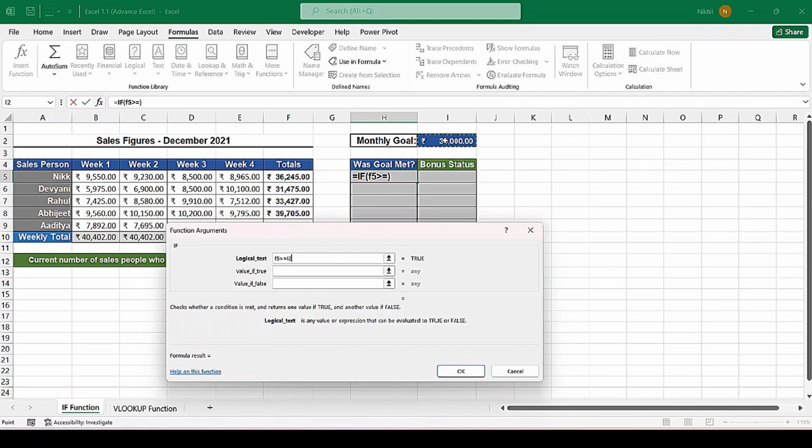I2 means the monthly goal. But keep one thing in mind: as we want to compare all salespersons' targets with this monthly goal only, we have to freeze the I2 cell by putting the $ sign before I and 2, like this.